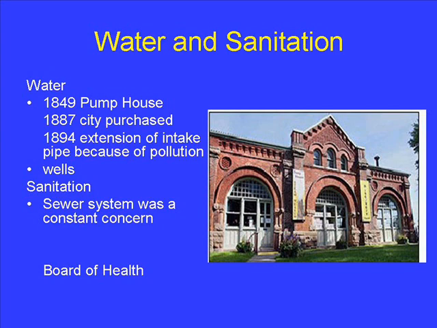When they were finally beginning to bacteriologically test water, because that was possible, they established in 1894 that the intake pipe was drawing water from polluted water. And so the intake pipe was extended another 1,700 feet in an effort to get out to cleaner water. The Board of Health didn't have a meeting where they weren't required to review a well in the community and establish that it was polluted and could no longer be used.